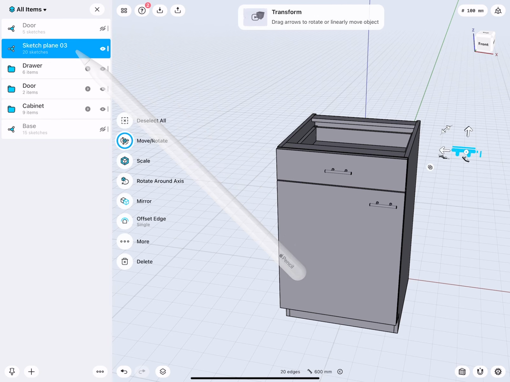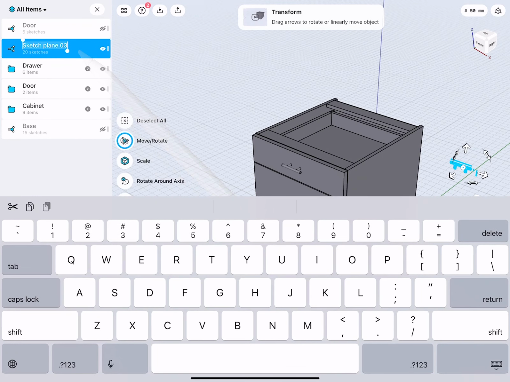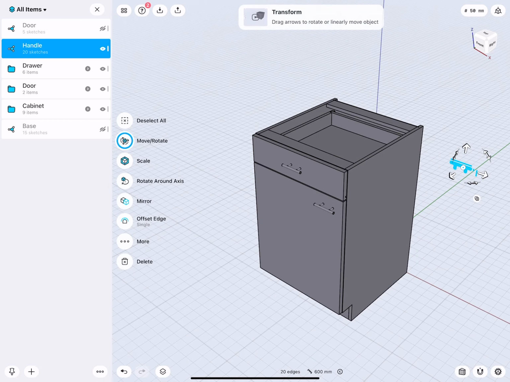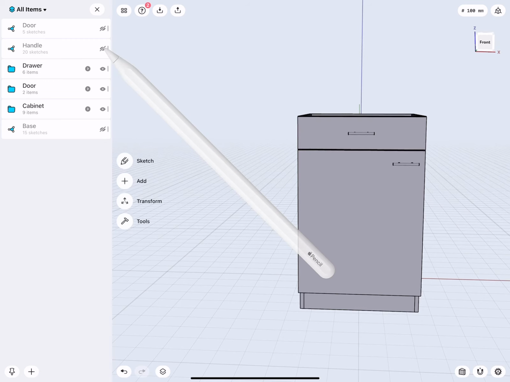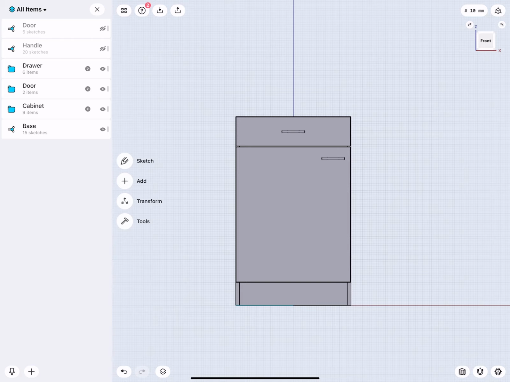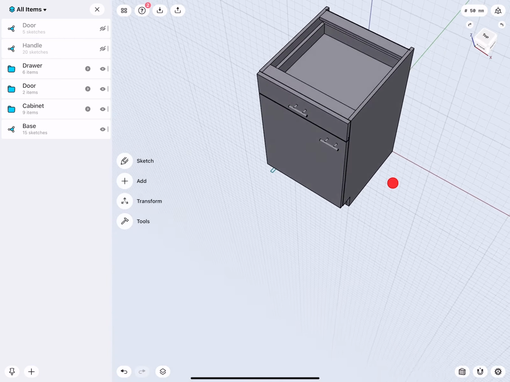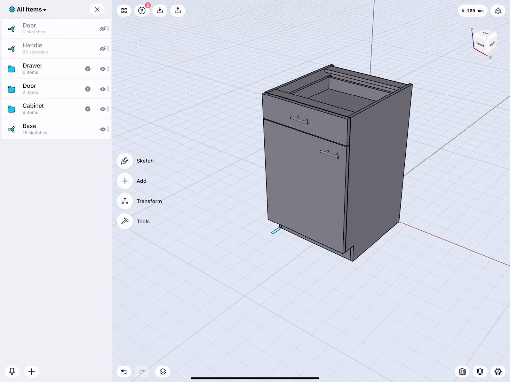And we can call this handle hardware, wherever you please. Very good. Can hide all this. And we actually finished the basic construction of a basic cabinet. And in video 2, I will show you how via copy and paste and then direct modeling and adjusting it, we can create multiple variations.